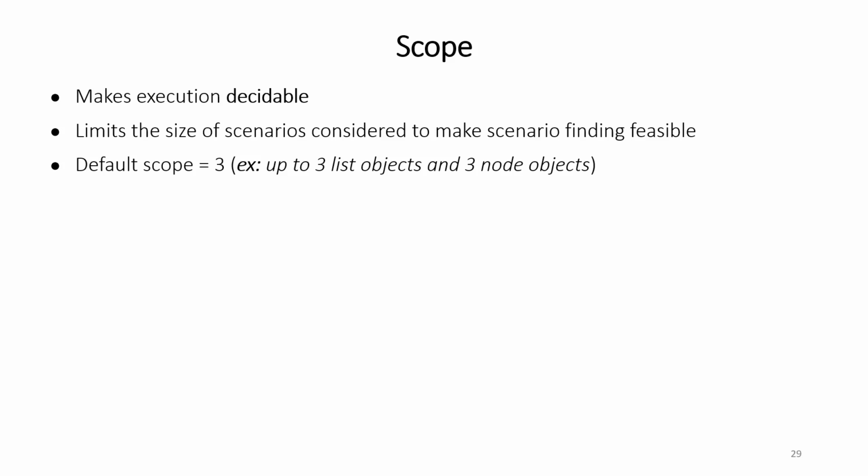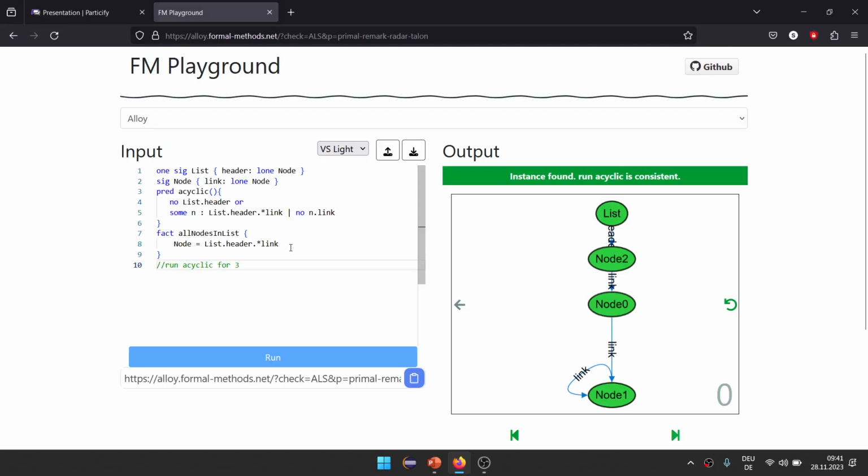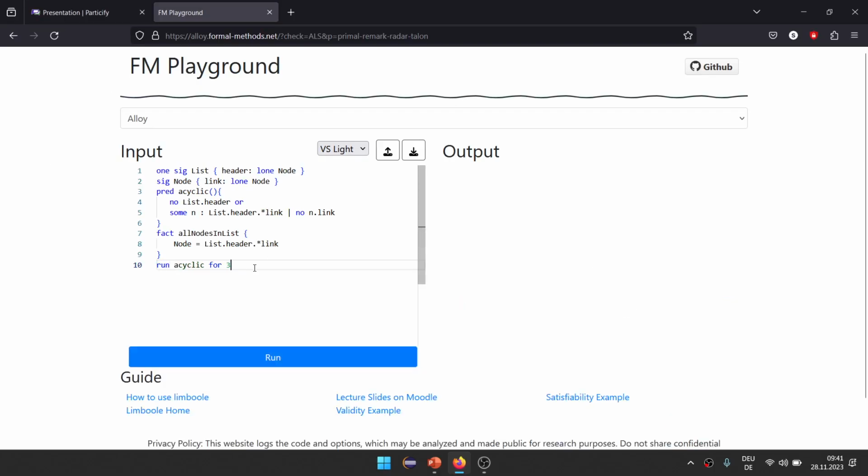The way that we can translate it to SAT means we need to get some bounds, and these bounds are also called scopes. So there's this scope that we saw right here, this 4 but 3. This is defining our scope. And if we change this, let's say to 4 but 10,